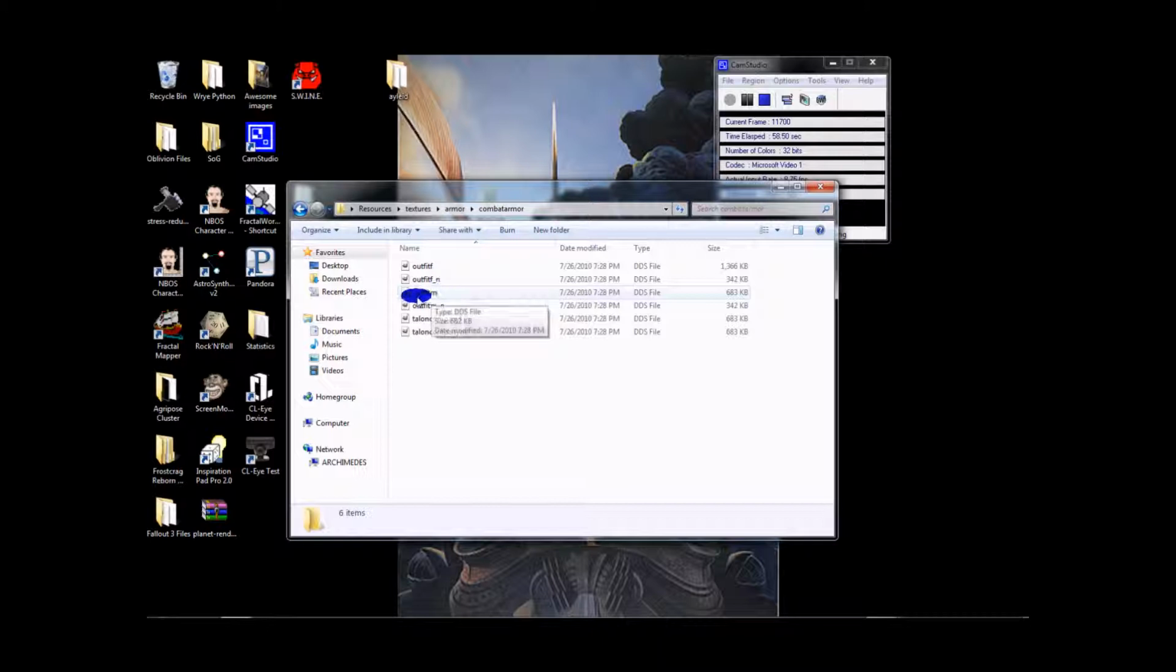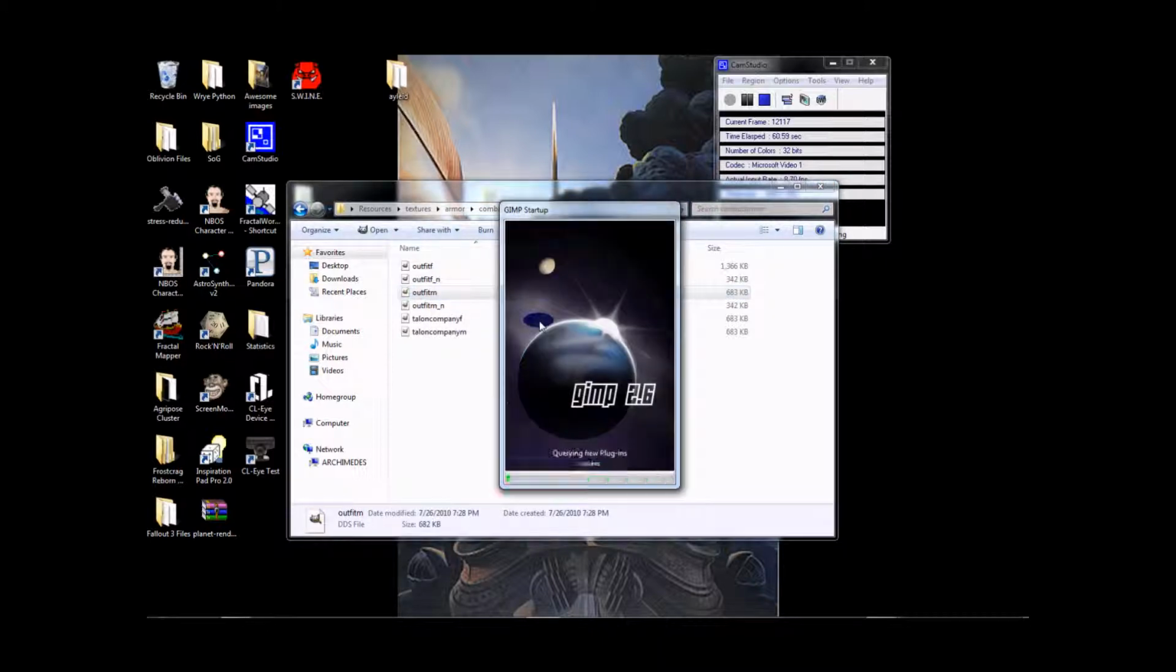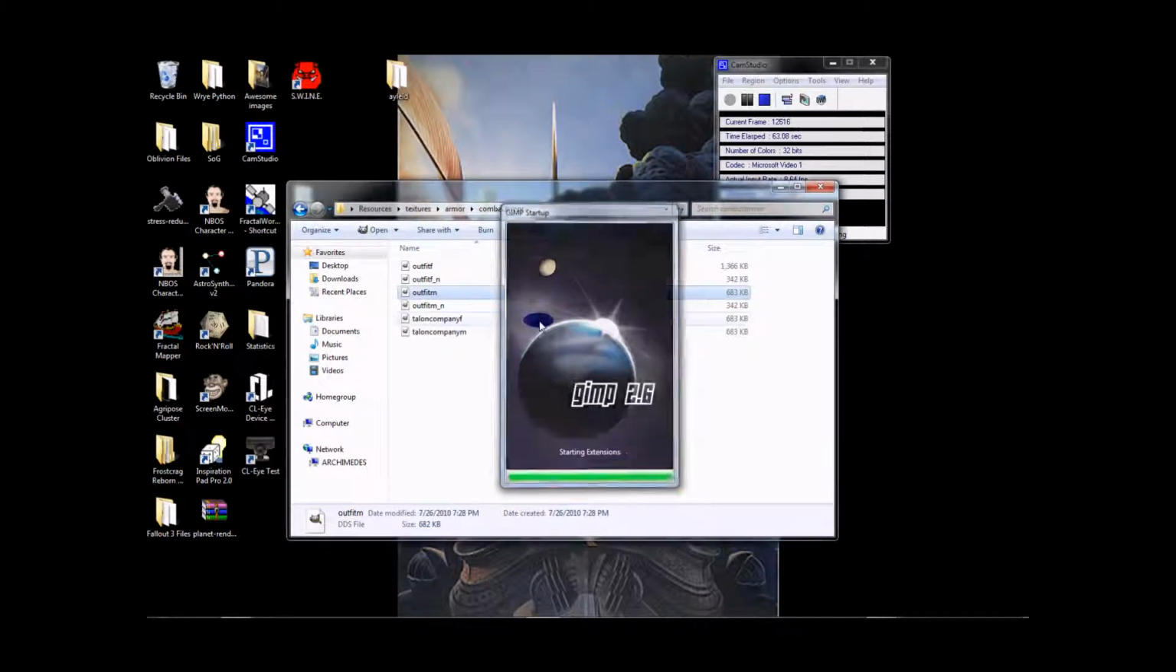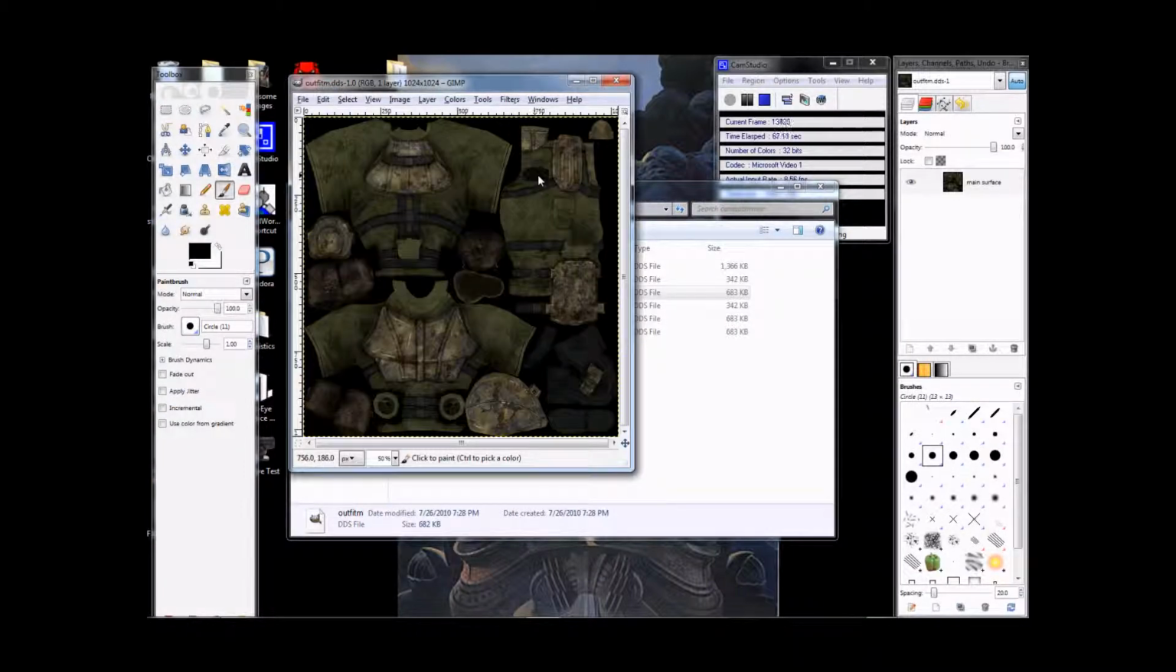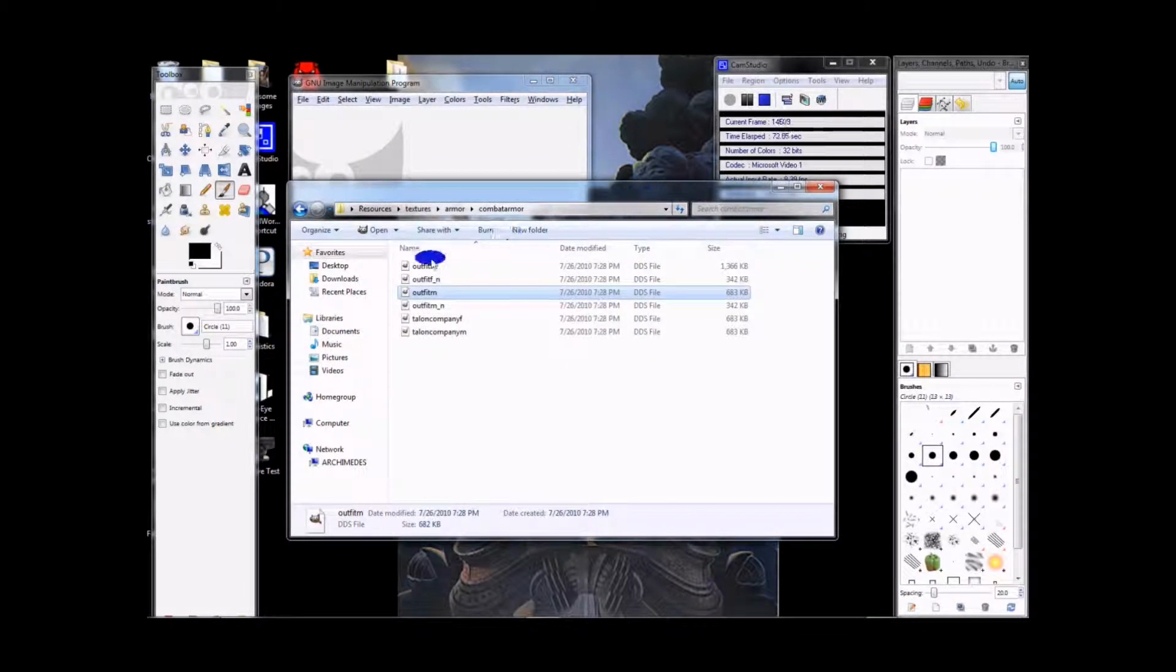Then let's say you have edited the male version of the combat armor, and when you open that, it looks like this, which is fine. So you do all your editing, and then you save and you close it. So you go to make a partner outfit to that by opening the female version,